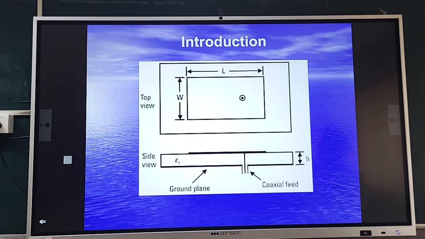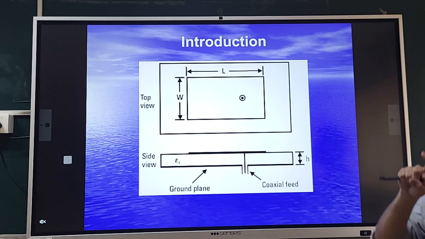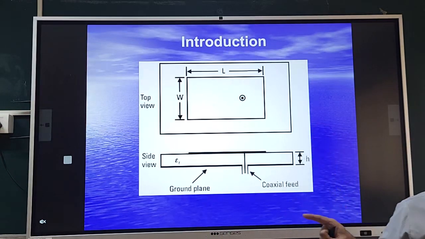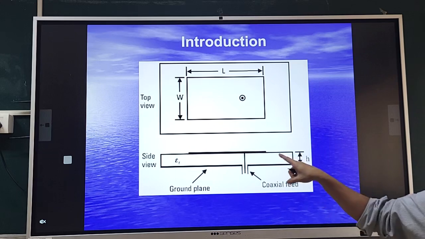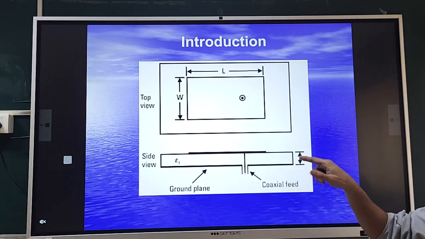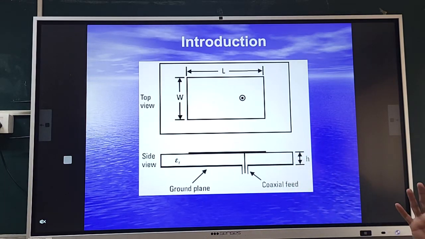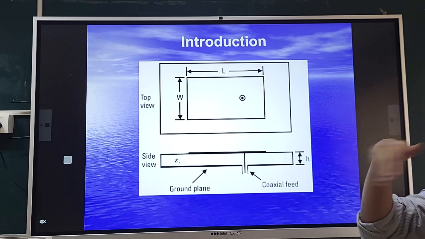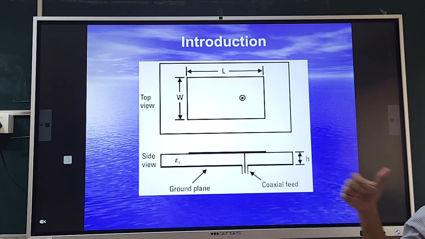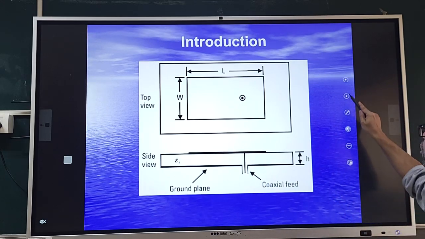Now why are thicker substrates required? Because a thicker substrate provides you a wider bandwidth, that we'll see in the broadband antenna design. So for thicker substrate designs, this feeding technique is not used. Now let's work upon one of these three disadvantages and go to the next feeding technique, which is called